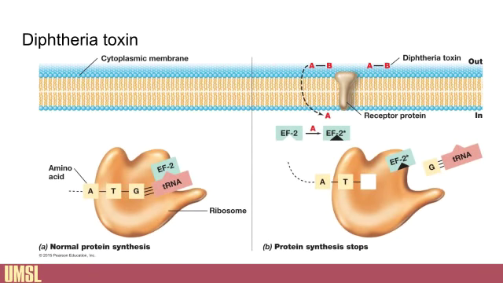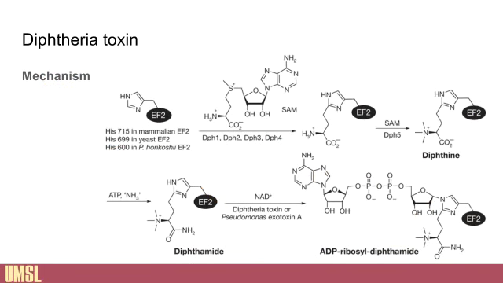Okay, so this is going to be one of the few toxins that I'm going to burrow down into the mechanism of, because I think this is really interesting. Elongation factor 2 has a conserved histidine in its active site. Histidines are interesting amino acids in that they're very catalytically friendly, in that they're able to accept and donate electrons very well. They carry differential charge under different conditions. They can be neutrally charged, they can be positively charged. And so what ends up happening is that